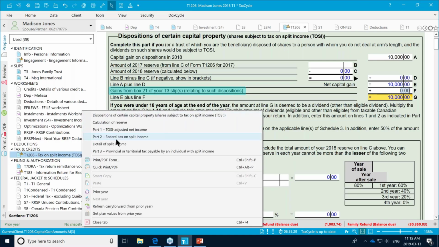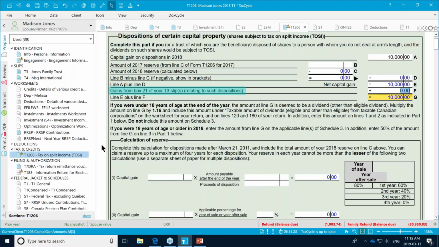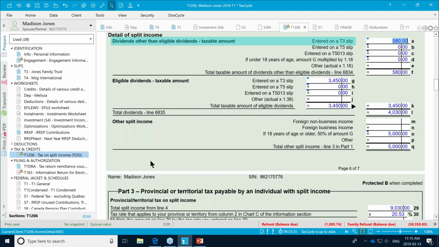So once you've got your capital gains in there, then we can jump down to, so again, right click, I'm going to go down to detail of split income. And in this section, we can see where my T3 dividend is flowing. So here is my other than eligible, and here is my eligible.